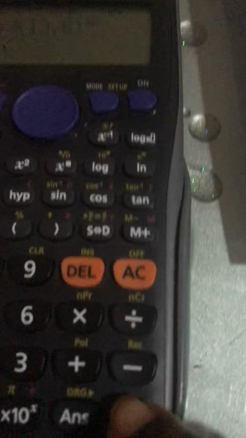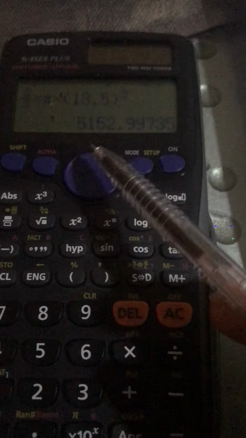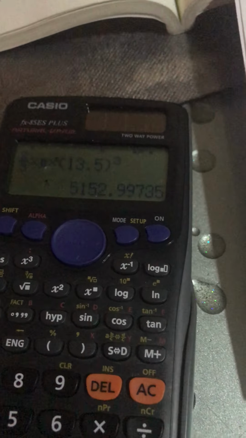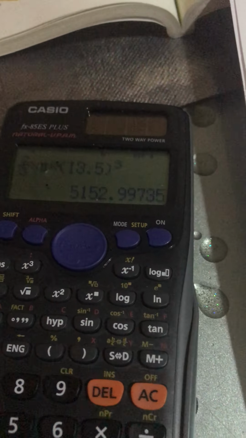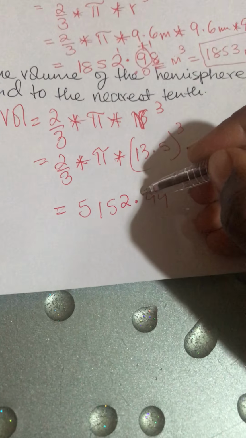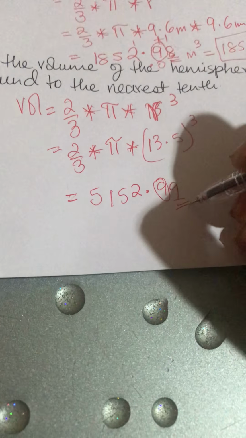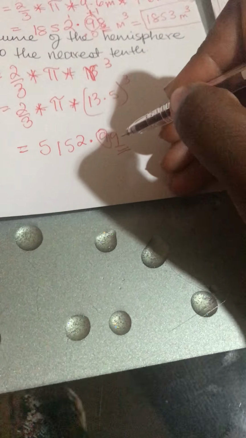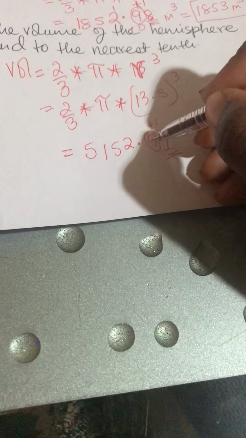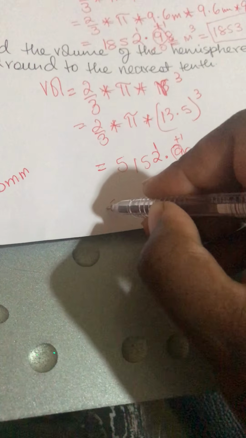And put the 3, equal, and you get 5,152.99. Then we circle the first 9 after the decimal, and we underline the second 9 after the decimal. Yes, we are adding because this digit is 5 and more. This becomes 10. You carry 1 whole, and you get